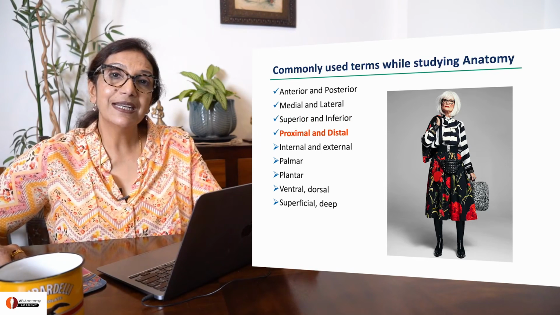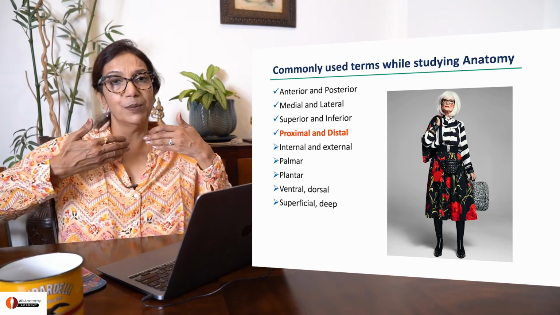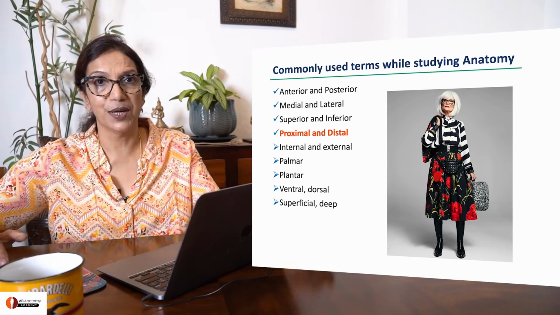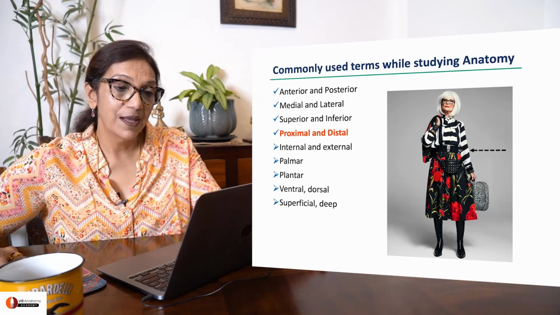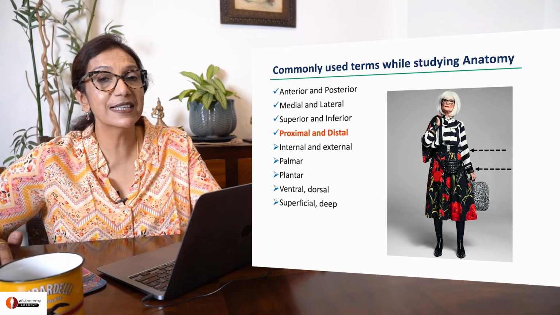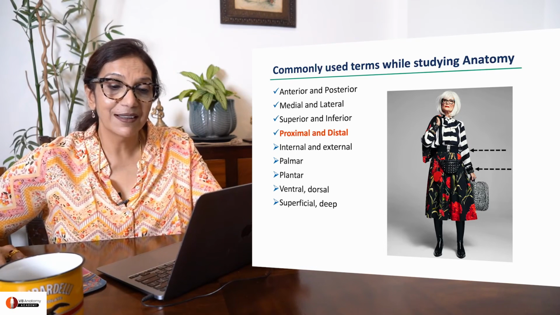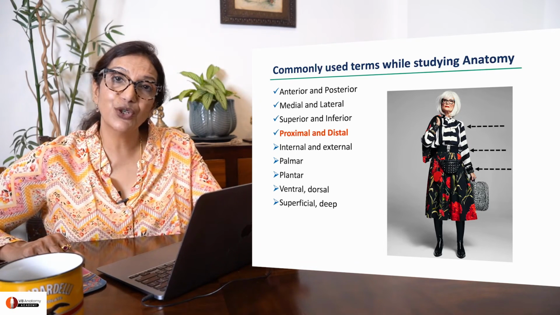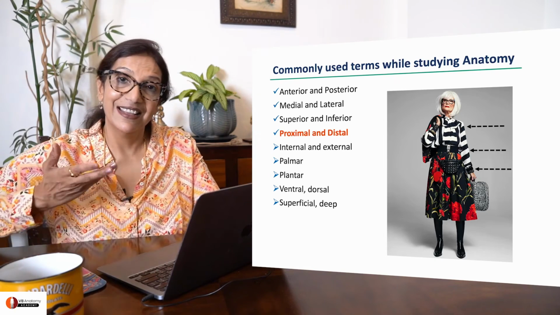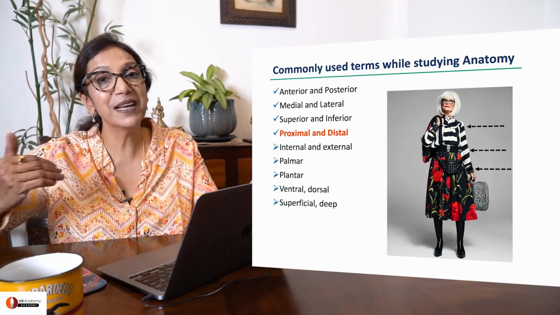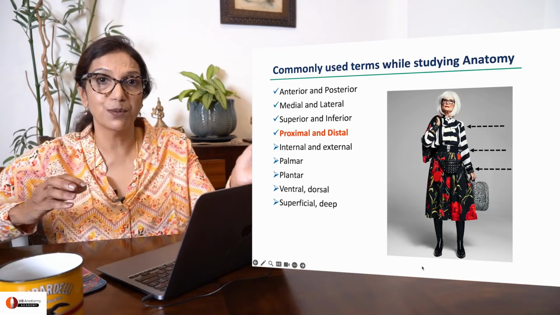Now, proximal and distal. Think, what do these words mean? Proximal, closer to the body. Distal, away from the body. Okay. So now look at the arrows. Elbow, wrist. Who is proximal? Who is distal? Elbow is obviously proximal. Wrist is distal. Correct? But now there's an arrow coming at the shoulder. Who is proximal now? Shoulder. Who is distal? Wrist as well as elbow. Both become distal. These are all relative terms. Try to understand the use of these words.